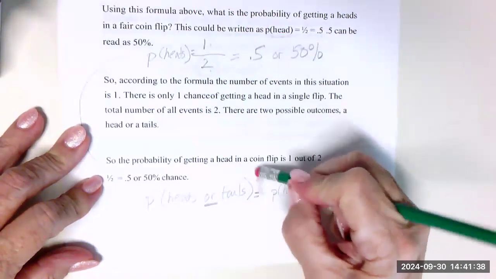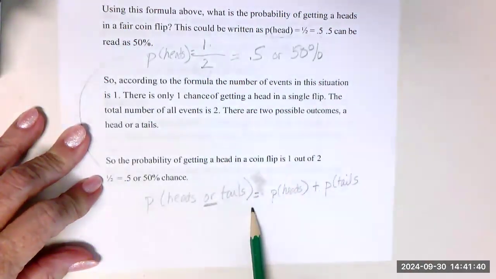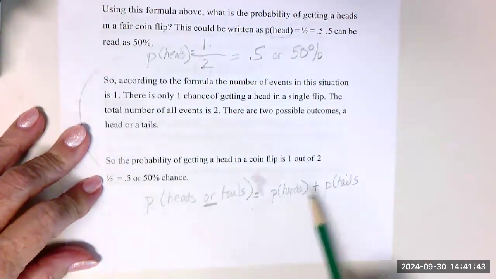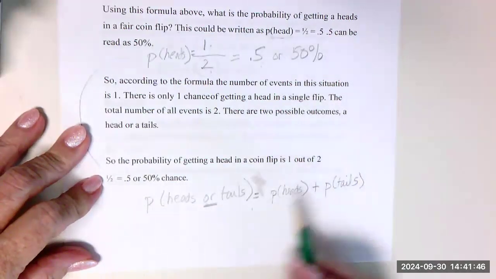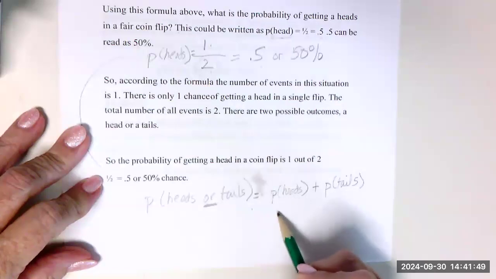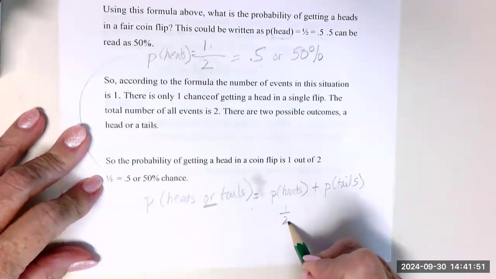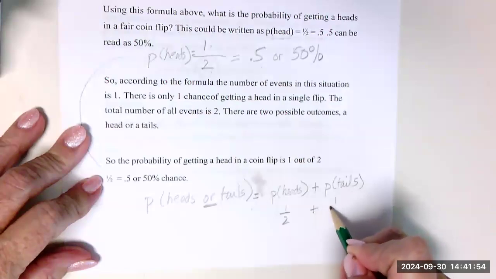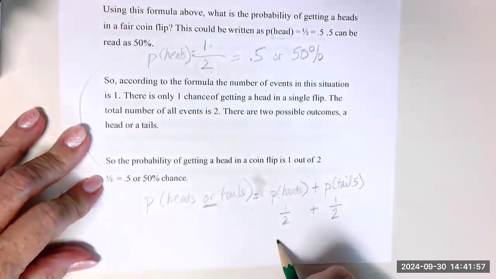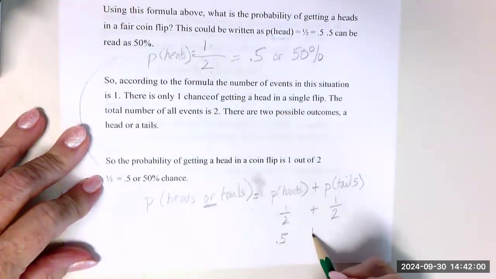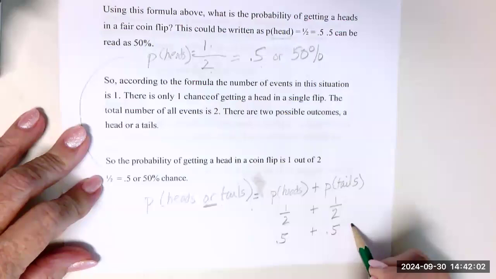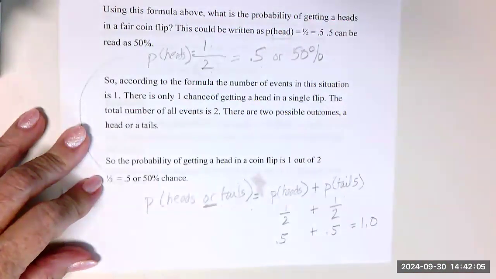So the probability of getting a heads or a tails would be the probability of getting a head plus the probability of getting a tail. Let's pop it in. The probability of getting a heads in a fair coin flip is 1 out of 2, added to the probability of getting a tails, 1 out of 2. So that's 50% or 0.5 plus 50% or 0.5, which equals 100%. These can easily be changed into percentages, remember, just by moving the decimal point over 2 spots. So 50% plus 50%